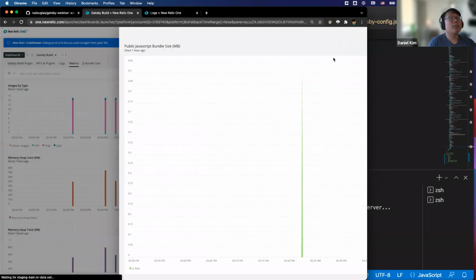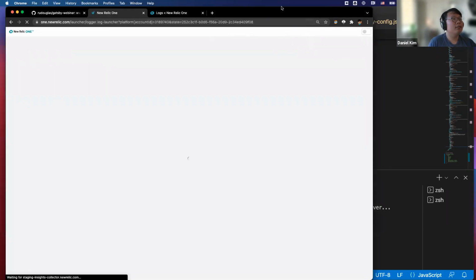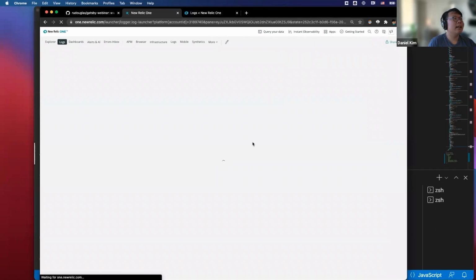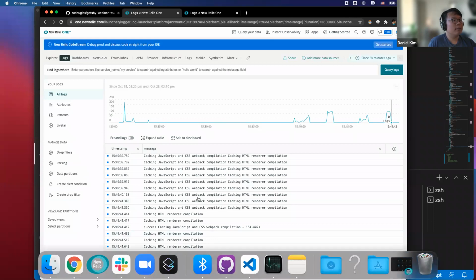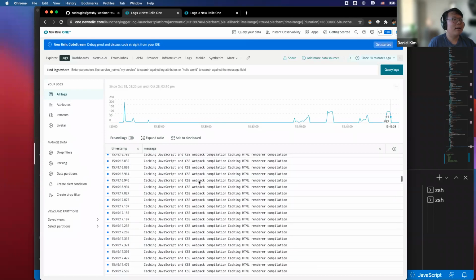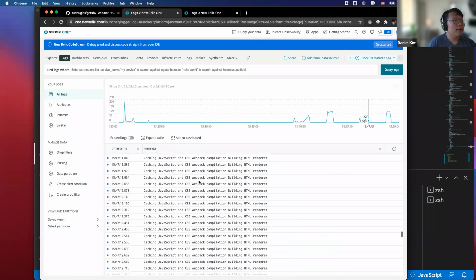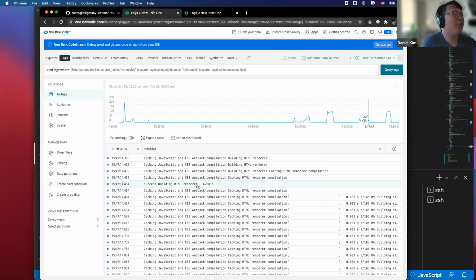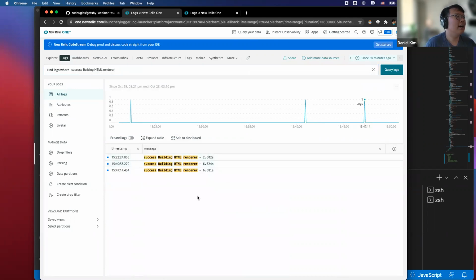But I want to showcase one more thing before we end the webinar, which is our logs UI again, and the ability to get data and then compare data from your various builds using our logs. Something that we can do is search for any log and compare it to a previous build. We have a lot of extra logs, so let me just scroll through. Let's say we wanted to compare and contrast our various builds, this step, the success building HTML renderer. We can just search for it in our UI and then compare and contrast how long each one took for the different builds.